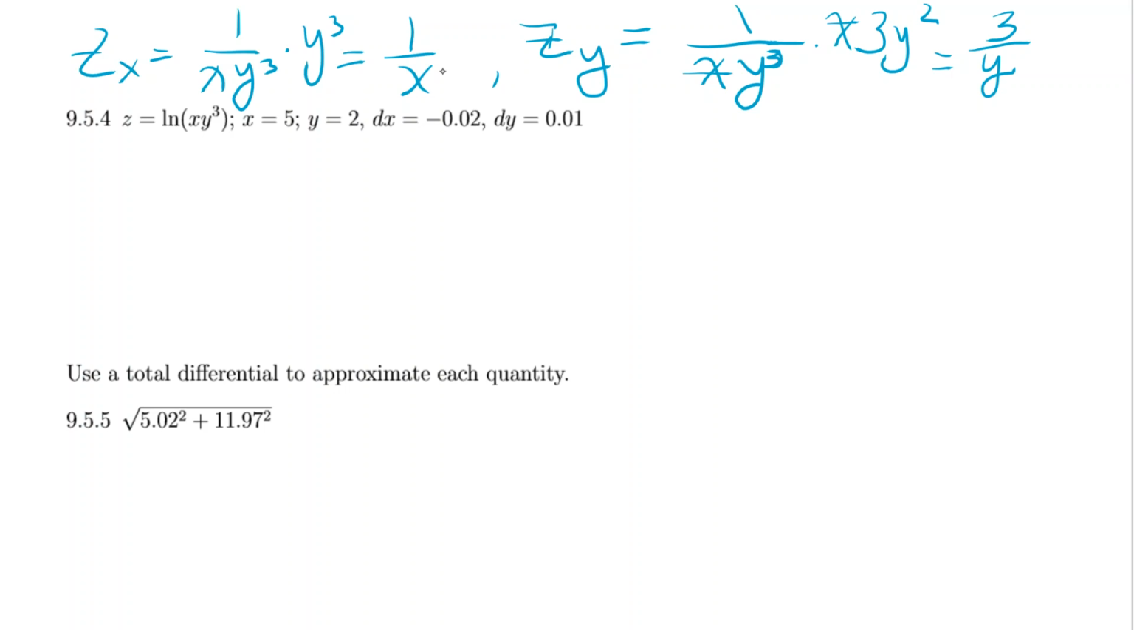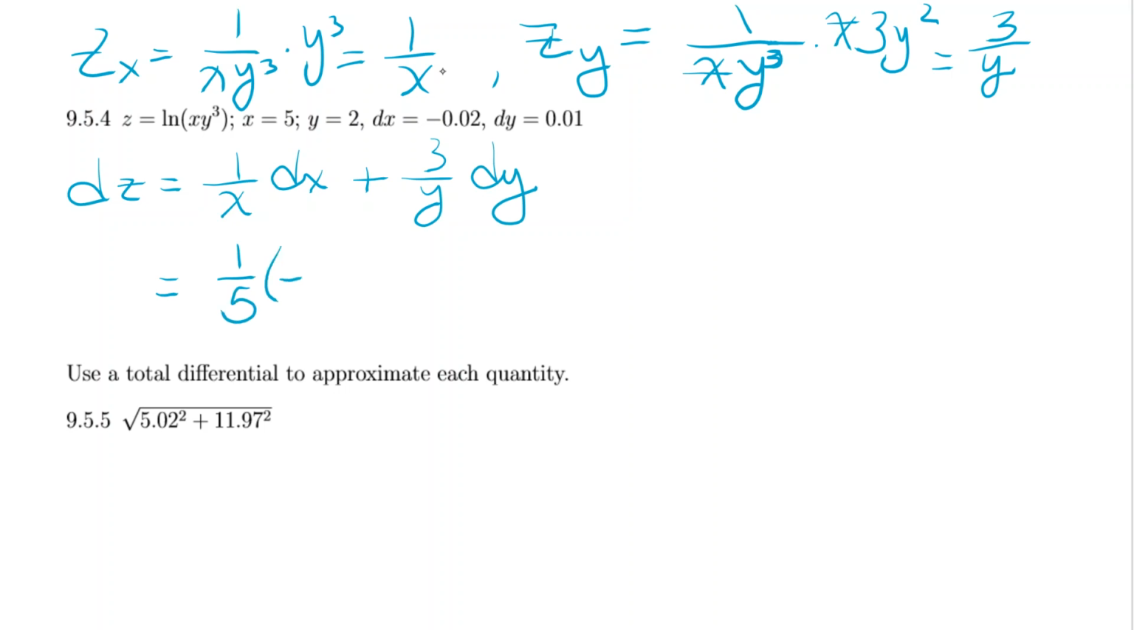Let's go ahead and calculate our differential now. So dz for us is going to be 1 over x dx plus 3 over y dy. I wrote this kind of weird this time. I didn't write that last time. Oh well. So I know my value of x is 5, so I'll have 1 over 5 times negative 0.02, and then plus 3 over the value of y, which is 2, times the dy, which is 0.01. So at this point, you should pull out your calculator and calculate this. And when you do that, you get